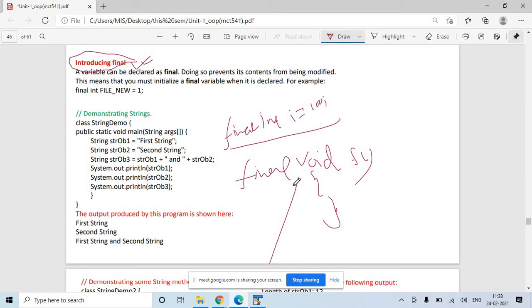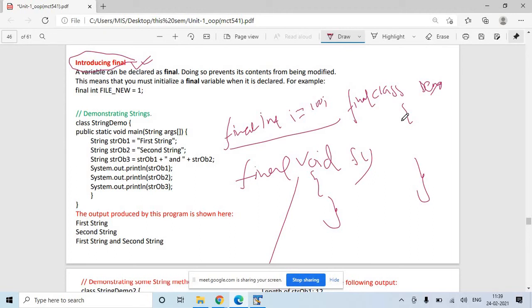The third use is, let's say you write a class demo. Demo is a class. So you can write final class demo. So final has three uses: first, final variable; second, final function; third, final class.